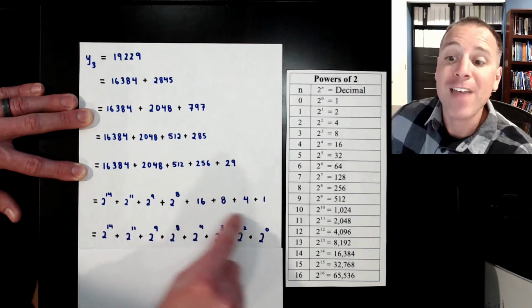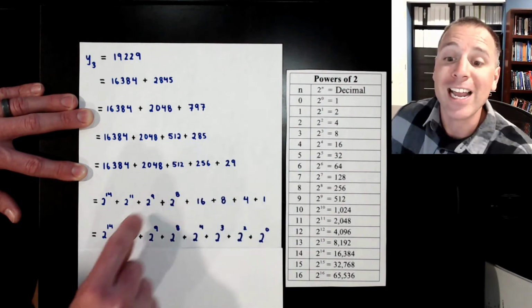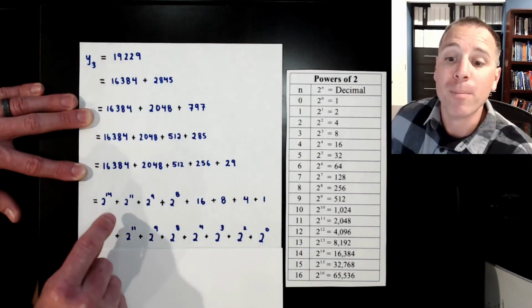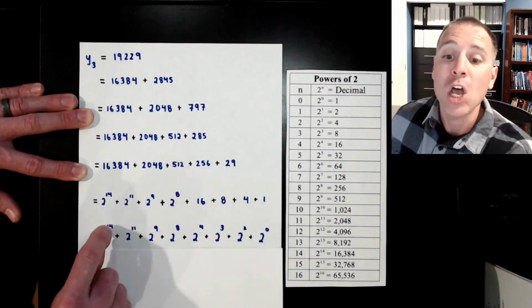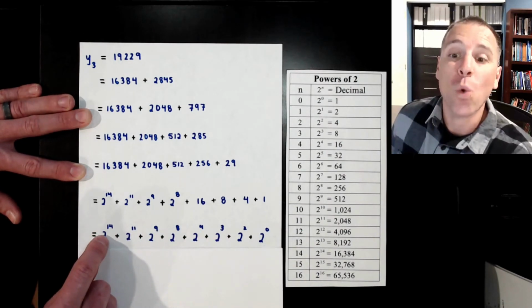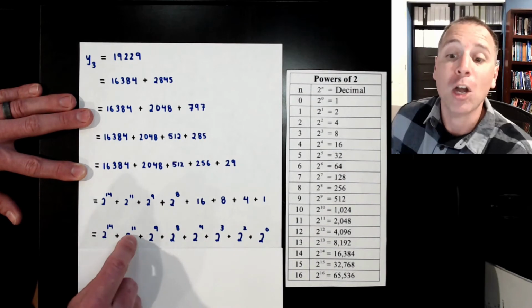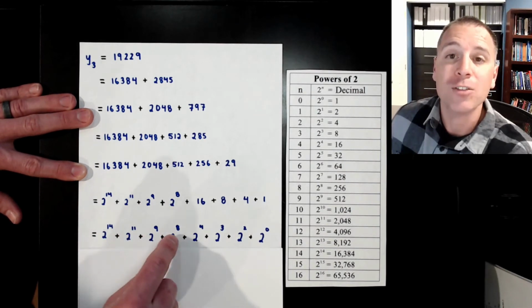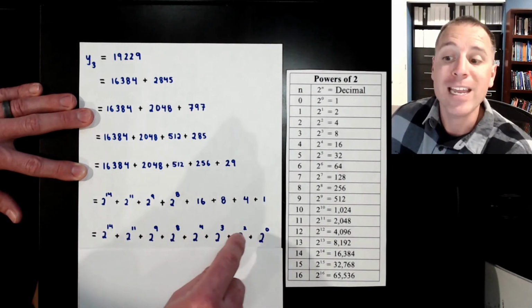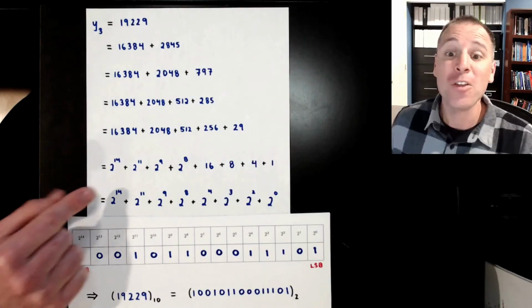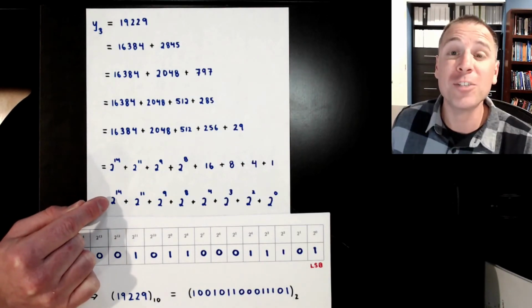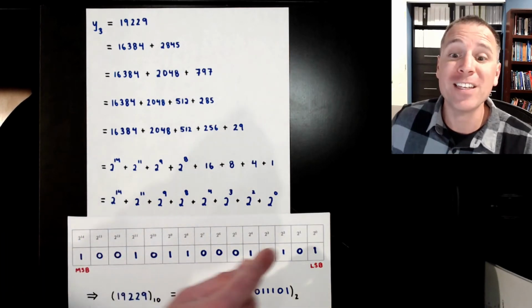The moment that we have that decomposition of the number 29, we can now write our original number in terms of its powers of 2. Notice this linear combination is one group of 2 to the 14th, a group of 2 to the 11th, 2 to the 9th, 2 to the 8th, 4, 3, 2, 0. Now the trick is just to identify which powers of 2 show up in this linear combination.